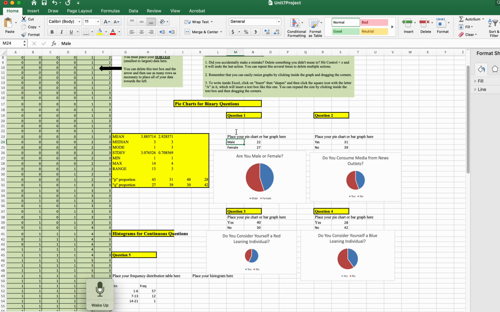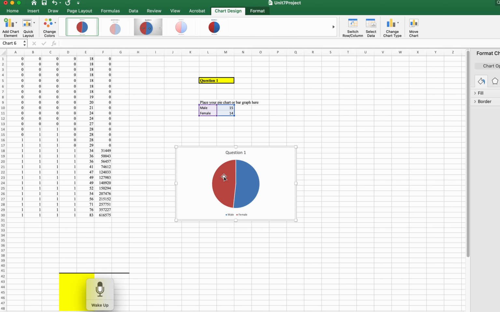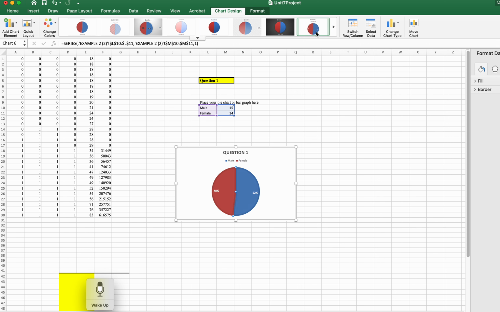So when I look at this and I double click on it, you can see the pie chart. It's nice and clear at the top, and we've got percentages and different things. So if I go in here and I double click, I can see male and female populated. This says question 1, but I don't have my percentages here. That's not necessarily required, but you could actually go into your chart and you can click on the one with